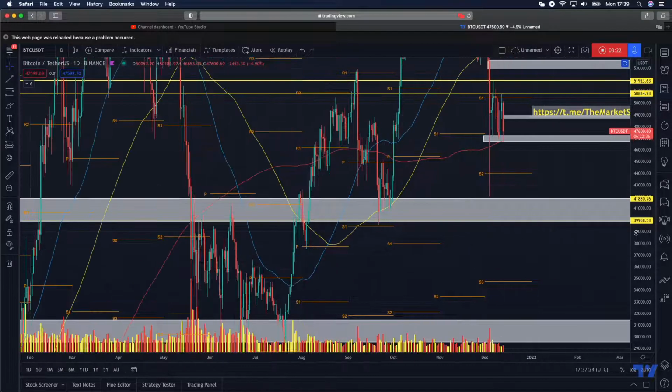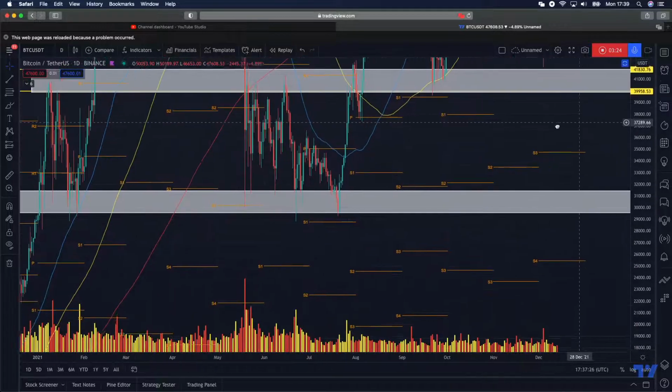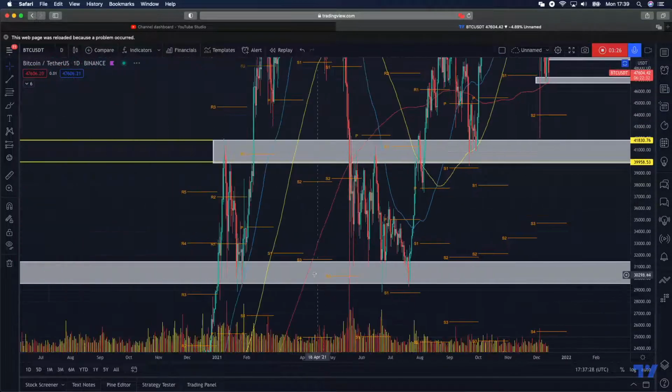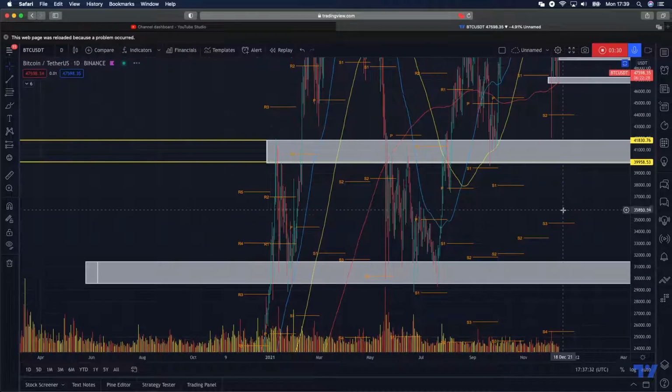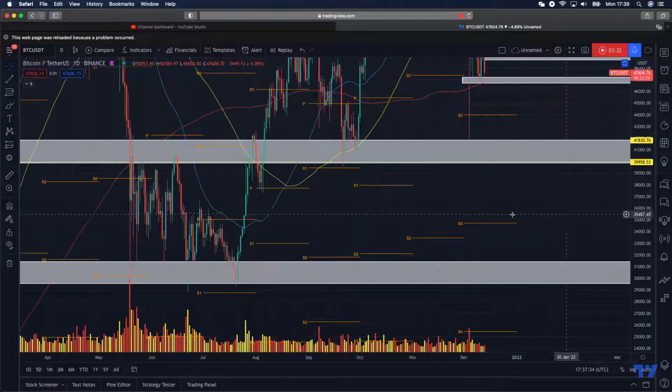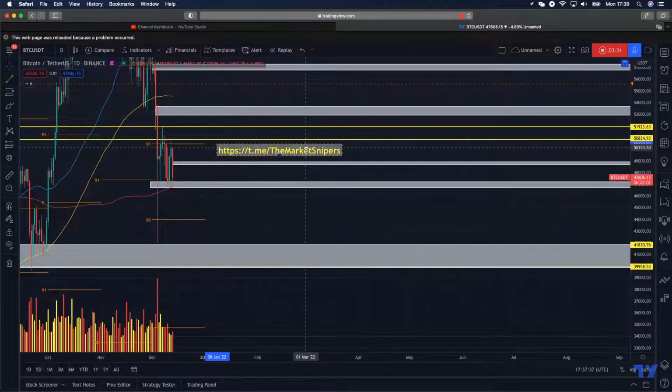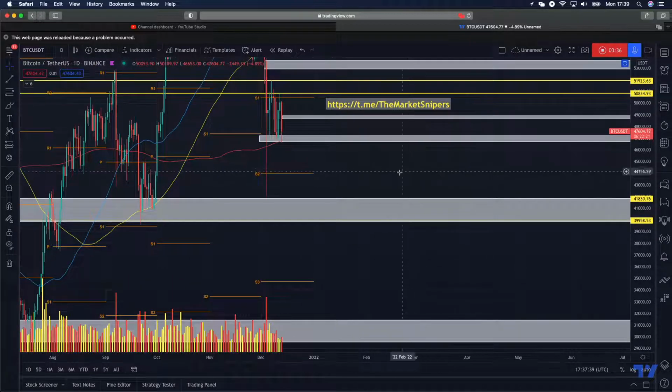So between 42 and 40k. After that, you've got this zone here between 31 and roughly 29.5 as another key level. But let's tackle this first level, this key level first. If prices do break and close beneath this 200 moving average, as well as the 50 moving average on the weekly,